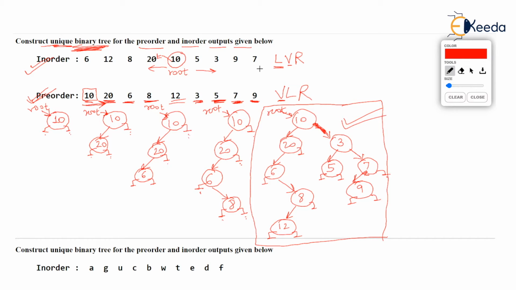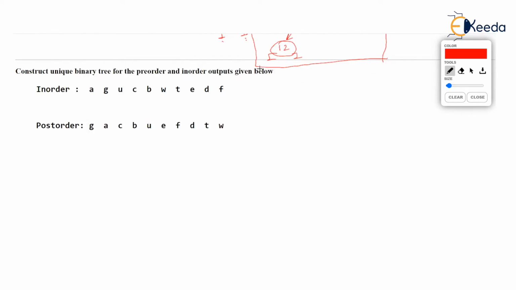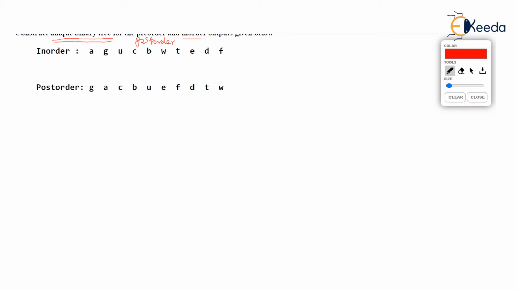I hope you have understood this first exercise. Let's come to the second question. Here we are asked to construct again a unique binary tree. Observe. All of you should get exactly the same binary tree, but here again, post-order. I'm so sorry for this. In this question, post-order is given and in-order is given. Note in the previous question, in-order and pre-order were given. Now in this question, in-order and post-order is given. And they have asked, what is the unique binary tree?